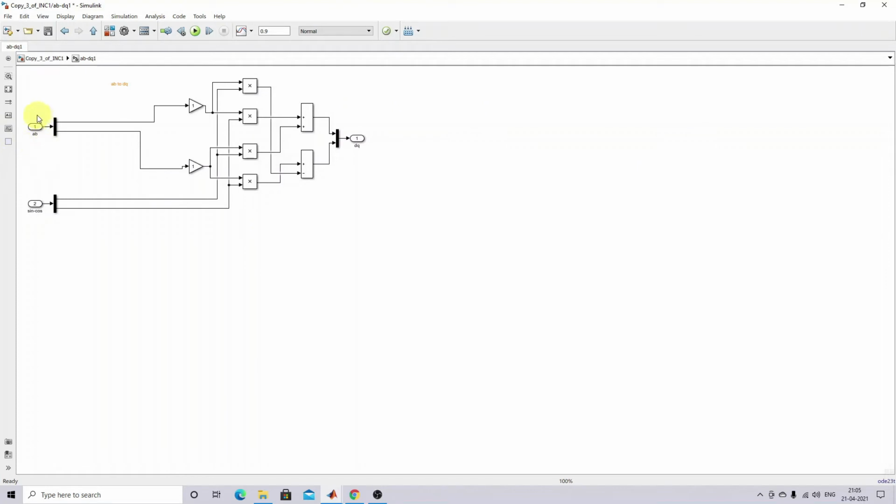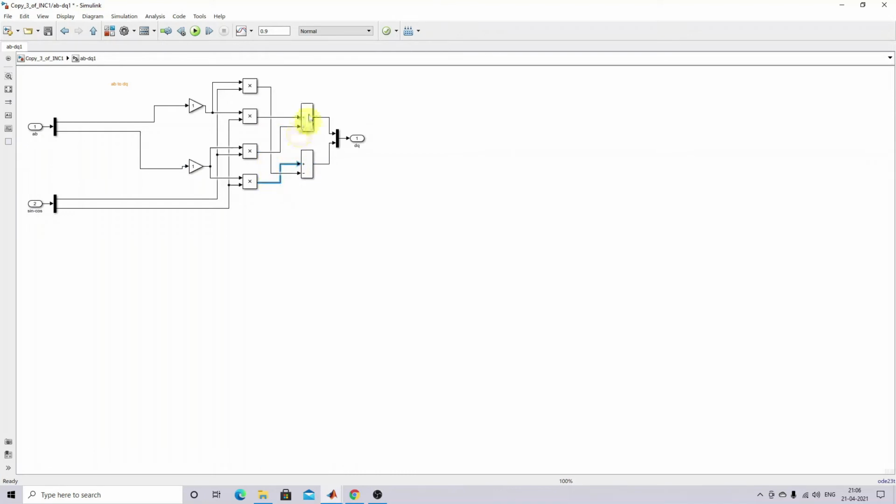So after using that word AB and sine cosine, here we are going to generate the DQ reference. That means how we are generating. You can see that the first I reference is going to be multiplied with the sine, and then the same reference is going to be multiplied with the cosine, and then the second reference is going to be multiplied with the sine and cosine. Finally, we have to add this cosine with this sine and this sine with this cosine,